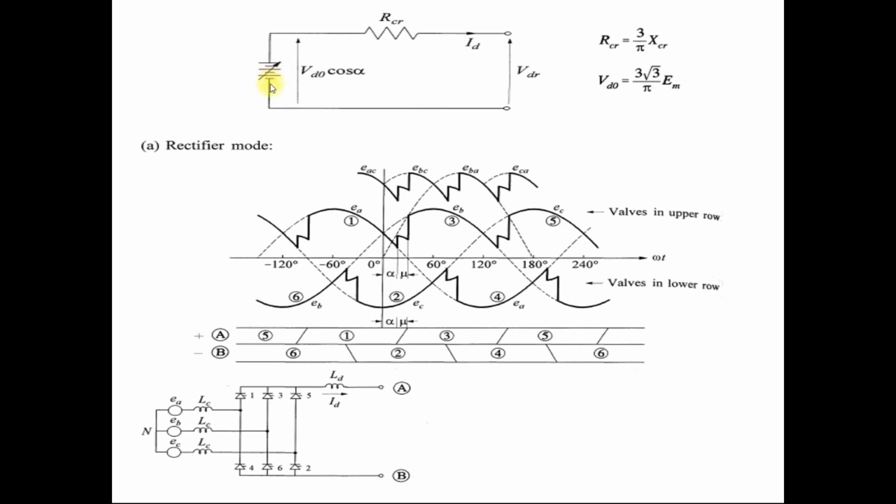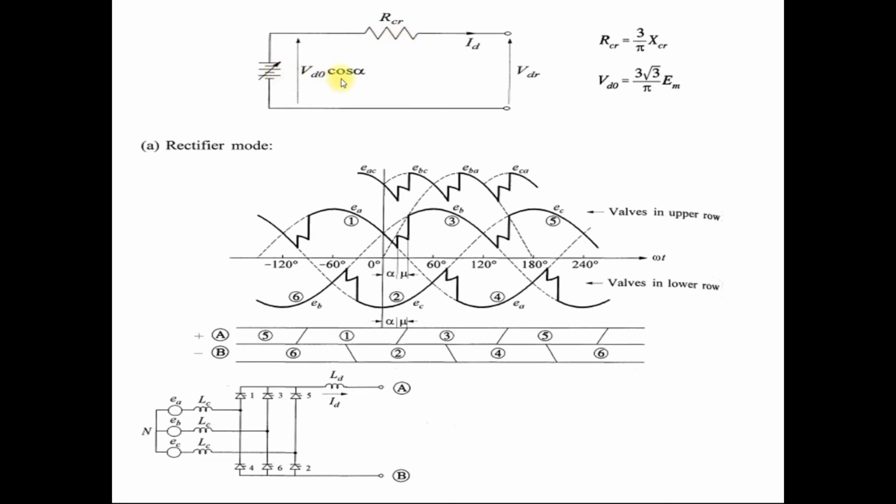So the source voltage is Vd0 cos alpha. This is the voltage without commutations. Clear? As you know, during the commutation, the voltage drop is delta Vd. So this delta Vd is replaced by the resistance RCR into Id, the current flowing at the DC side. You can also write RCR or RC. RCR because here we operate the converter as a rectifier. So this is a commutating resistance because of rectification operation of the converters. Into this Id, that becomes delta Vd.